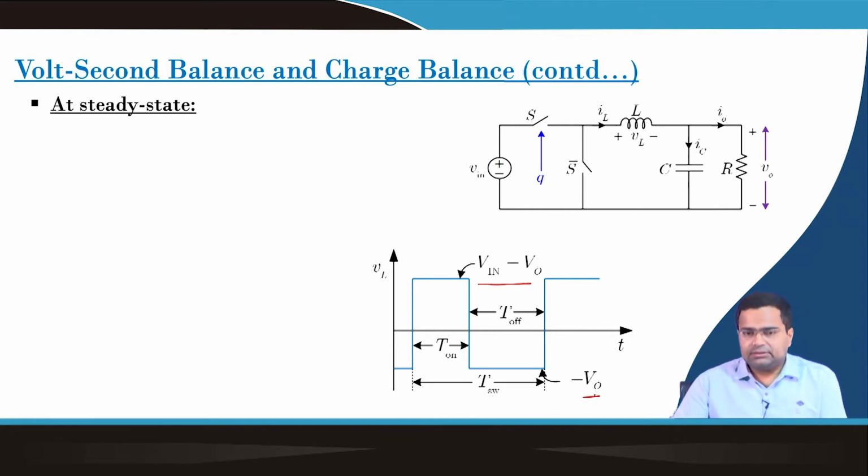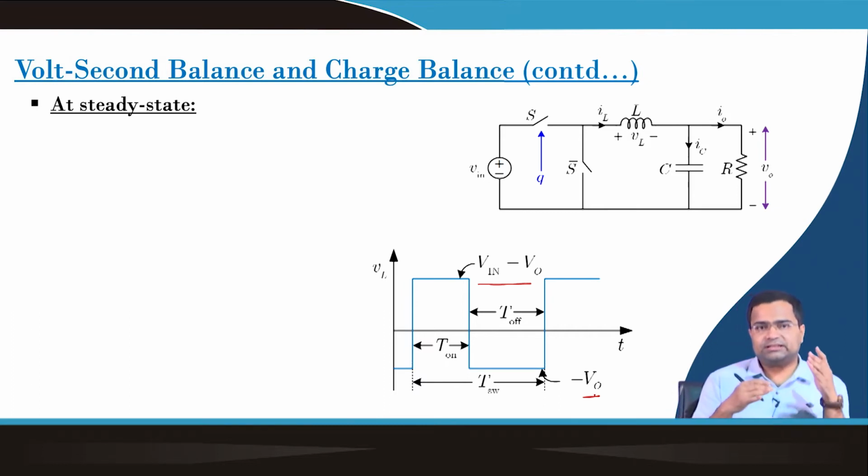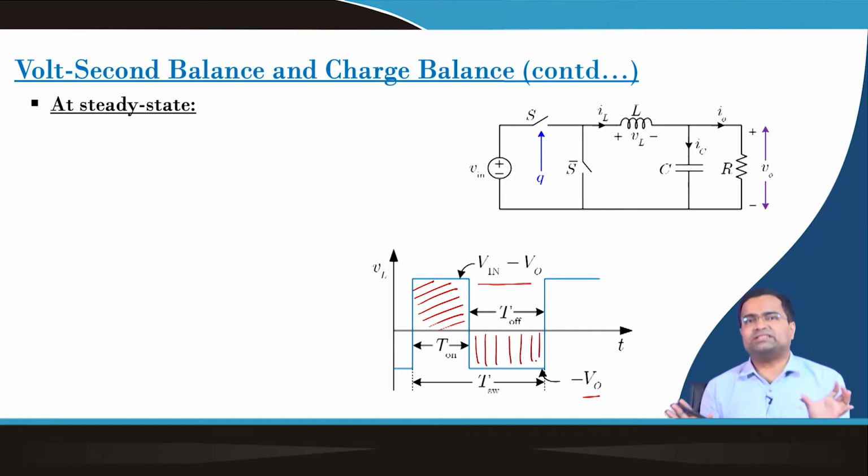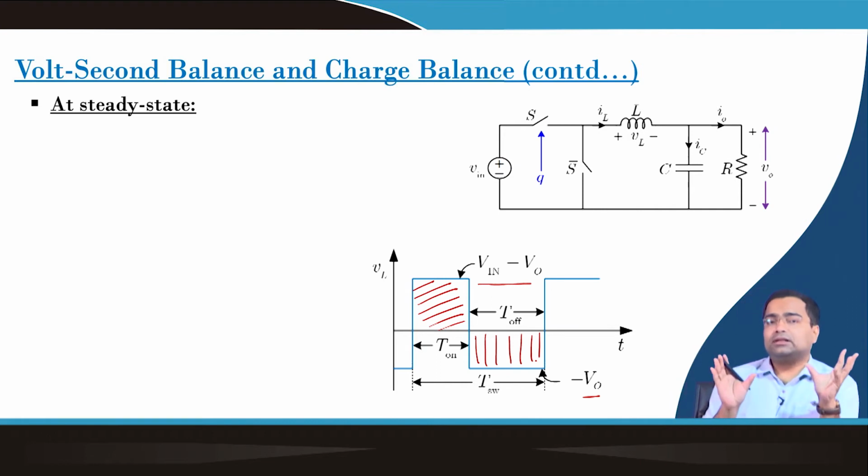That means the voltage across the inductor changes from V in minus V0 to minus V0, and what is of interest is that during the on time this is a positive voltage. So, we want to show that the area under the curve during the on time period must be the same as the area under this curve. That means their sum should be 0, so that the rate of change of flux should be 0 over a